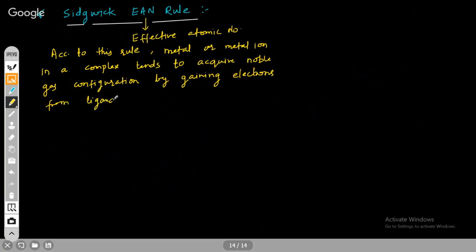Okay, so the basic point is what? Metals and metal ions tend to acquire noble gas configuration, which we discussed in the flexidentate ligand. The same thing we have here: they tend to acquire noble gas configuration by gaining electrons from ligands. One thing here: this rule fails in many cases